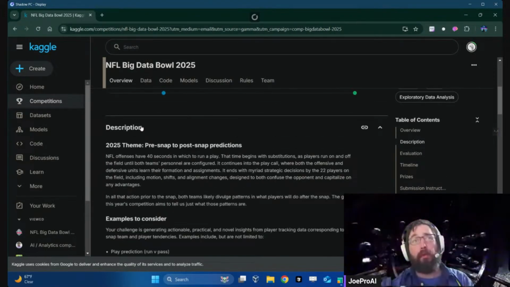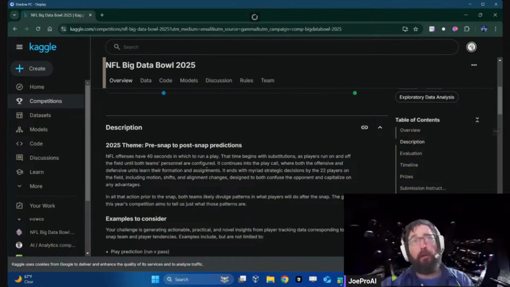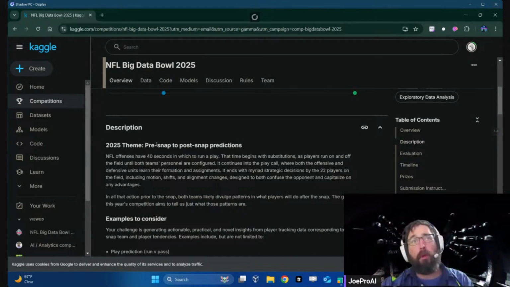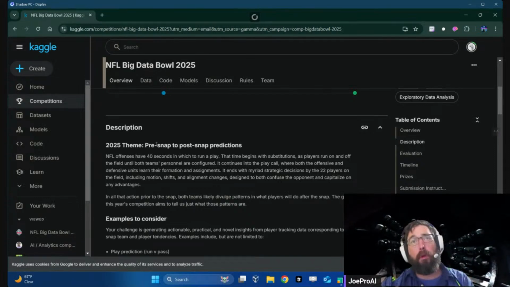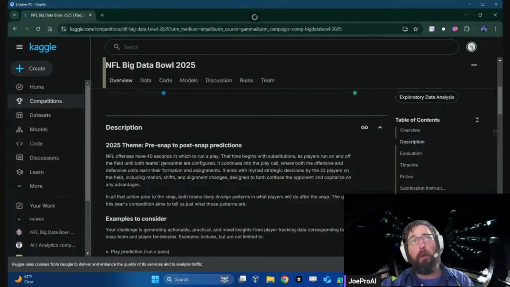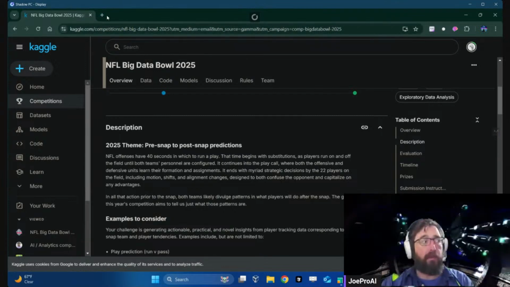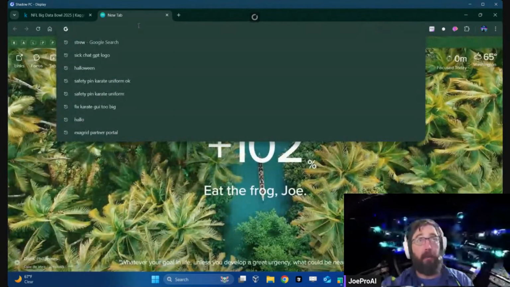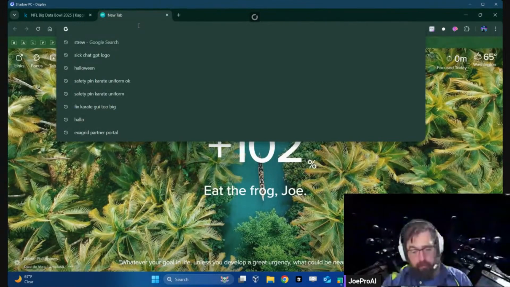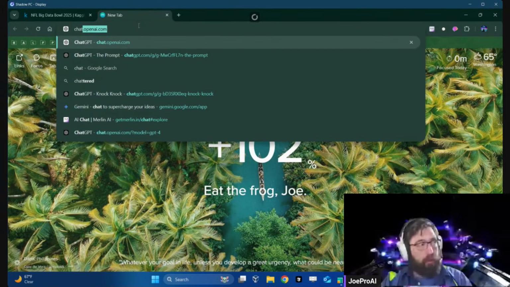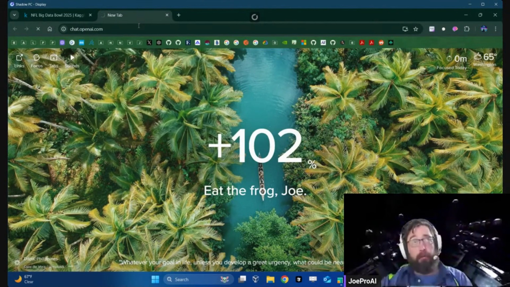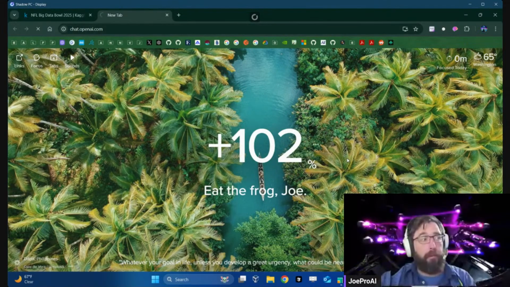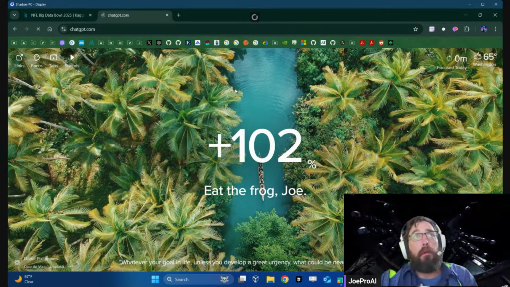So let's see if we can find the meat of it here. All right. So what I did was I actually created a helper for this. I normally go to ChatGPT. I have a Teams account, so hopefully this will work.